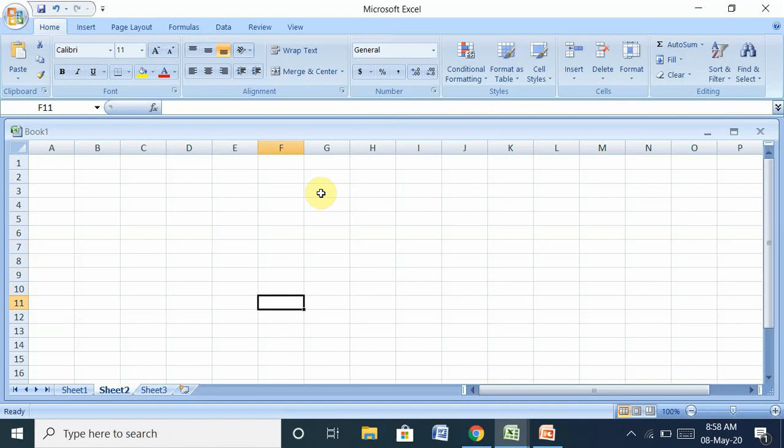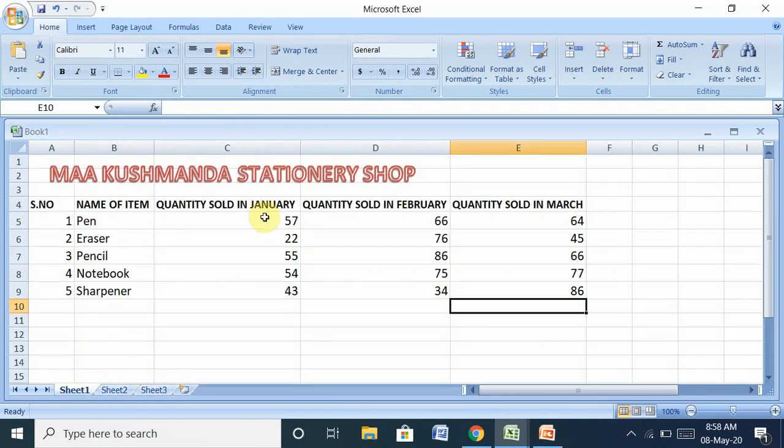The next option for you is how to create a worksheet. As you look, there are rows and columns, and the combination of rows and columns is called a cell. So how to create your sheet?